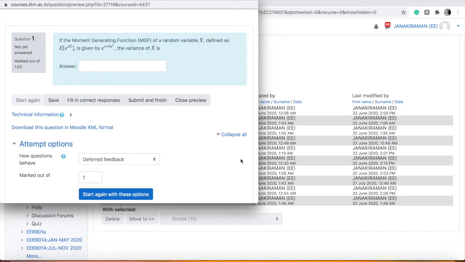So let us look at this particular question. If the moment generating function (mgf) of a random variable X is defined as e power s plus 8s square, then the variance of X is whatever, right? So the point is that if this question happens to appear, it will appear in exactly this form in the final quiz as well, which means that if two students get the same question, they get the exact same